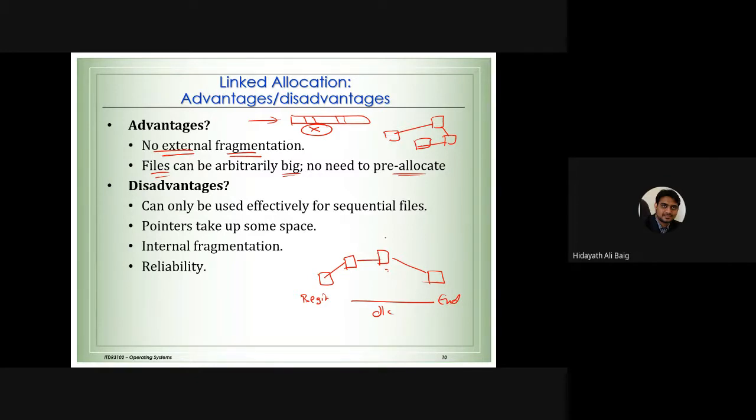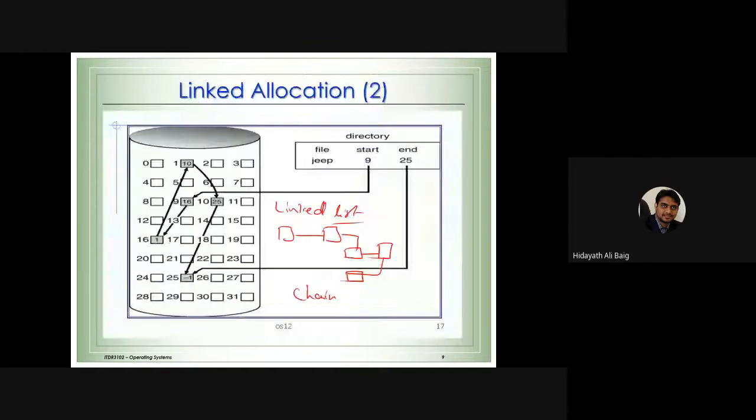Because if I want to read the data from this block, block number 1 does not know about this block. Block number 2 will know about the block. If I go to block number 2, it will tell me to go to block number 3. So directly, if I want to read from block number 4 or block number 5, not possible. Check the example here. If I want to read the data from block number 10, not possible. I cannot go there. I have to go to block number 9.